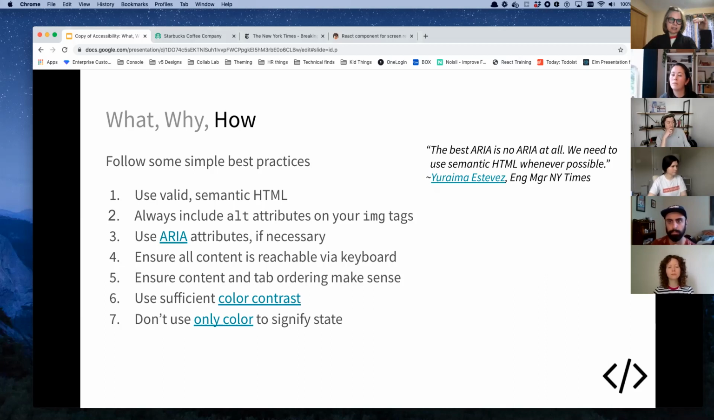This is excessively important. So ensure that you can do everything on your website that you need to do with only your keyboard. I think for most of us, we usually use a mouse or a trackpad, but it's really important to navigate your website with the keyboard and make sure that you can do everything that you need to do with keyboard alone. Ensuring that the content and tab ordering makes sense, doing some color contrast checking, in addition to there